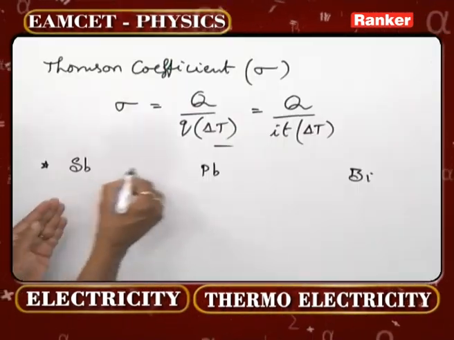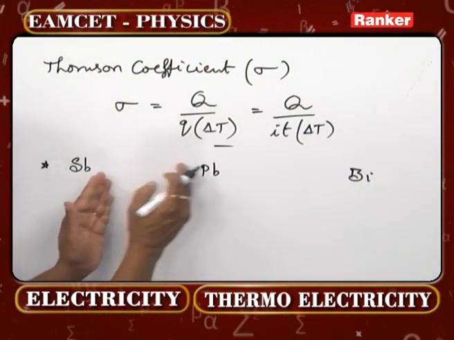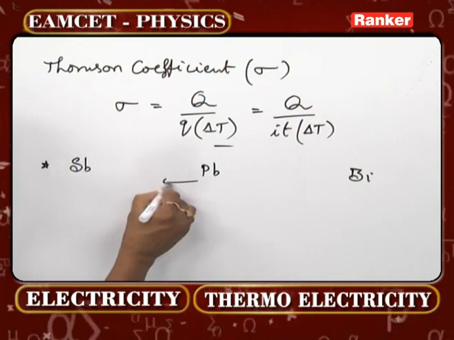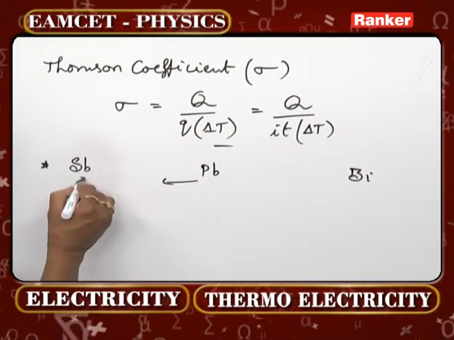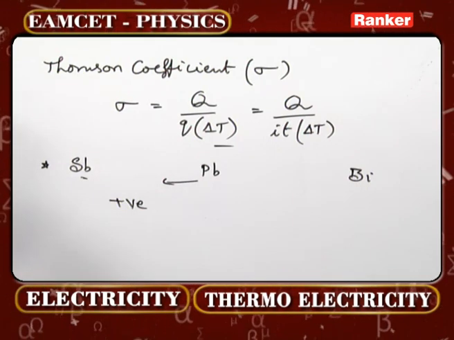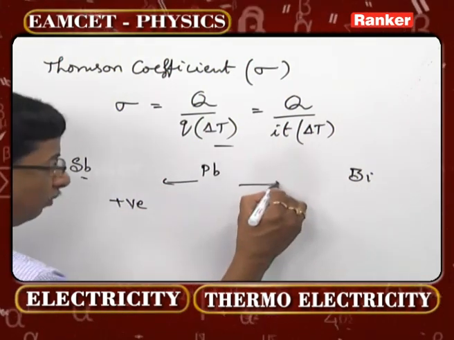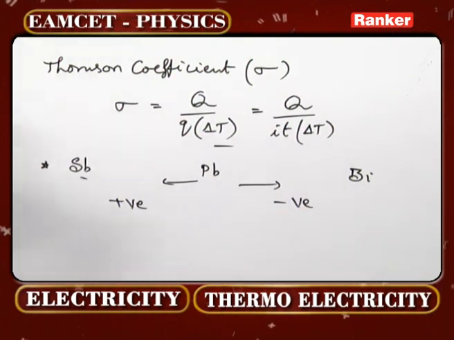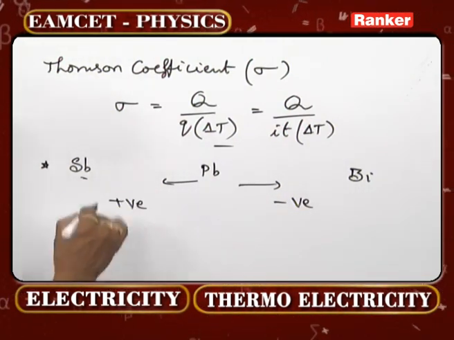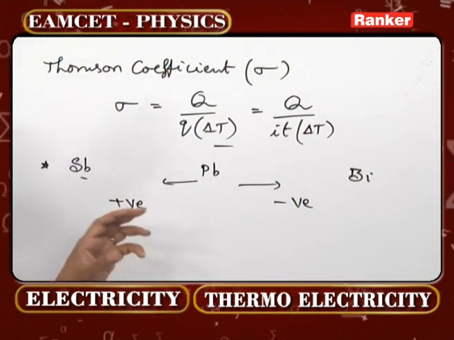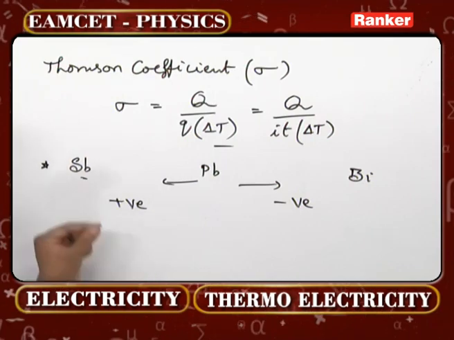So antimony, lead and bismuth, in between we have a few more metals, we can understand. Before lead, whatever metals we have up to antimony are called thermoelectrically positive metals. After lead, whatever we have up to bismuth are called thermoelectrically negative metals. Second point, any 2 metals out of the chain, if you consider and construct a thermocouple, the current